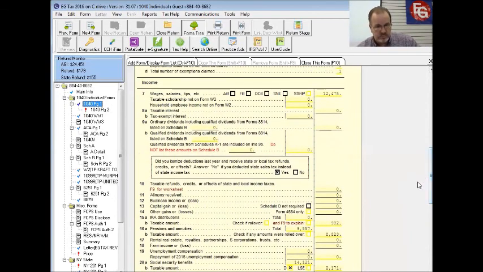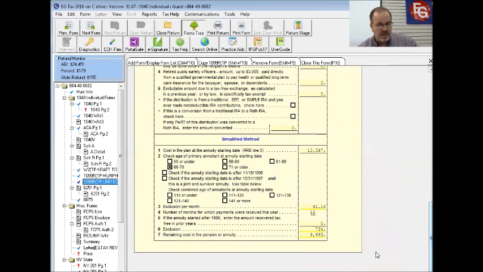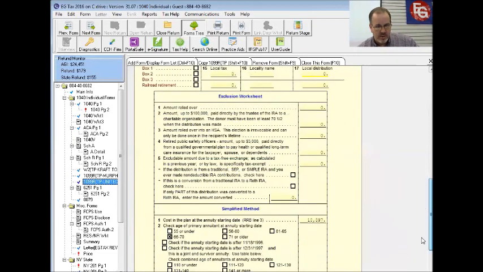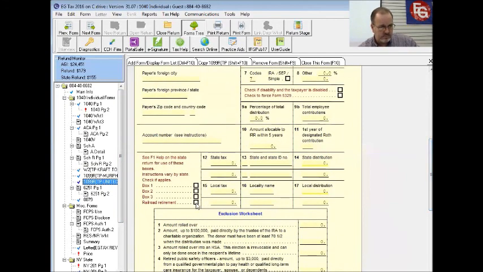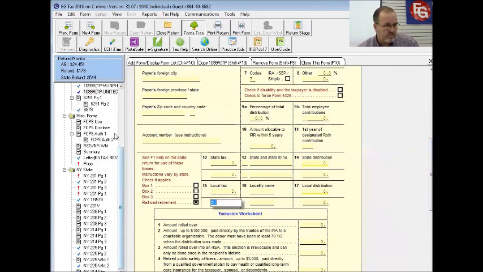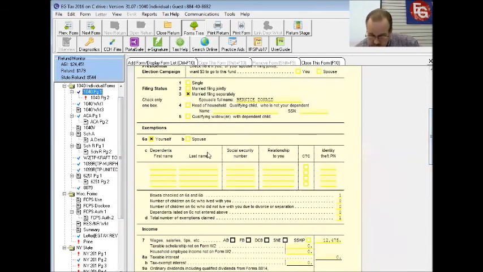I hit tab and went to underpayment of estimated tax. Yeah, that's because it takes you to a different form. So do we still have to do box 1 in the 1099 for railroad retirement? Yes. Okay, so I'm getting closer. I checked box 1. And then we go to New York, 201. I'm still not getting the same answer. I'm getting closer, but